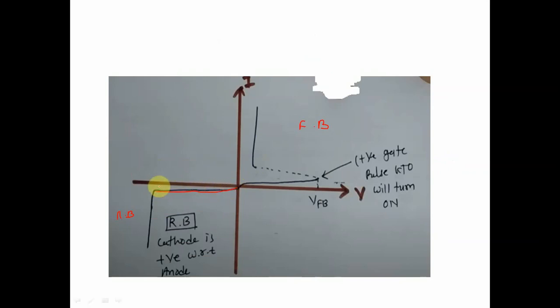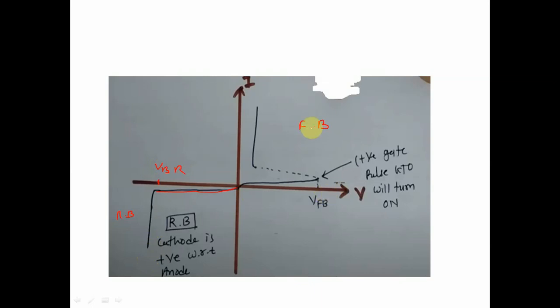If the reverse current reaches the breakdown current, this current increases suddenly and rapidly. This is when the reverse current reaches the junction breakdown, which is nothing but VBR. Then the reverse current increases rapidly.